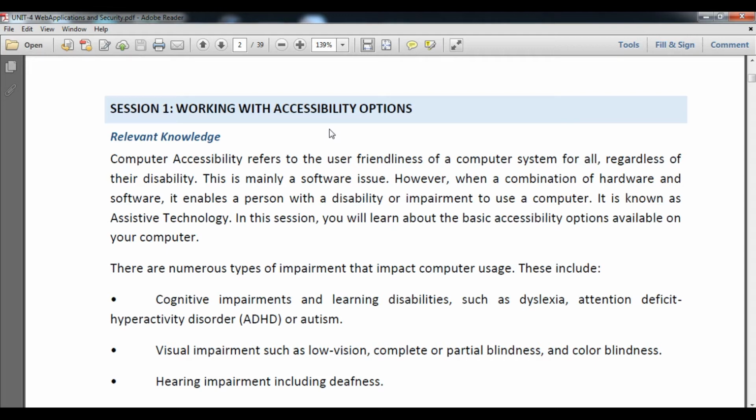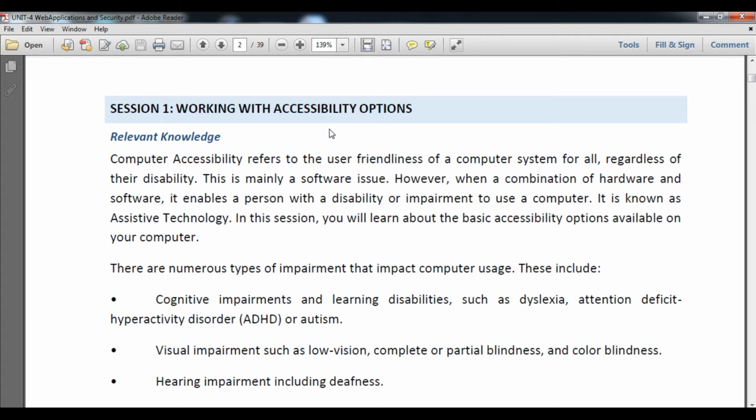It means accessibility option not only provides friendliness for the normal general person, but also for those persons who are disabled by any feature. So accessibility option tries to overcome this particular disability of the person and he or she can use the computer easily.